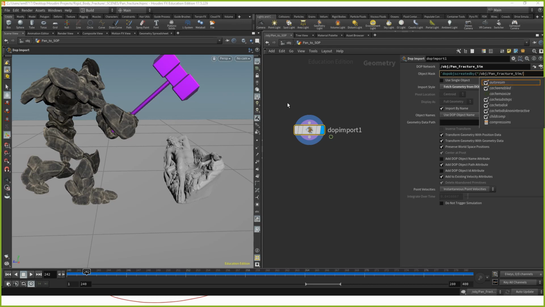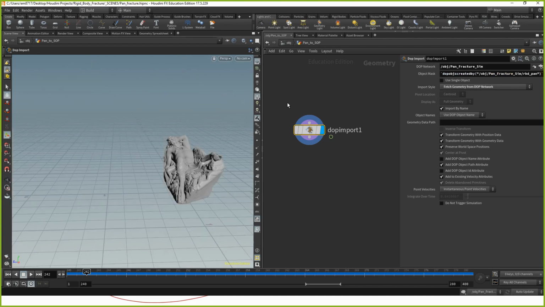Inside fracture we had that RBD pan, if you remember. It was the creature. I close the quote, close parentheses and tilde key. So you see that just pan is loaded. So this is loaded